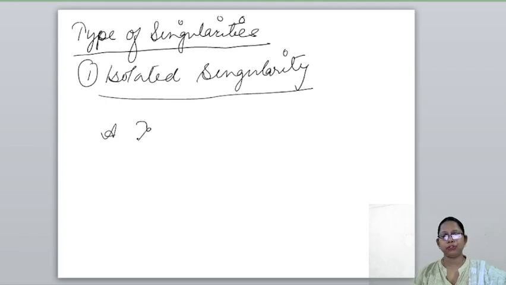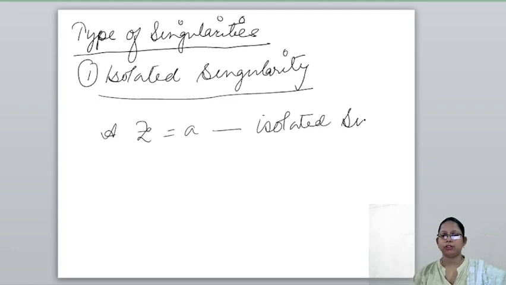A point z equal to a is said to be an isolated singularity or singular point